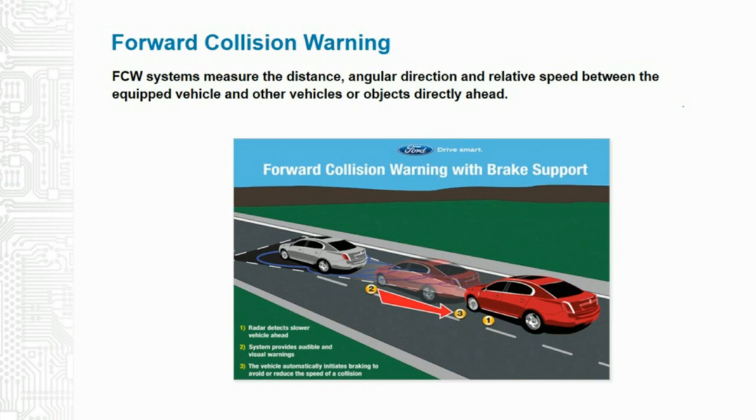Forward collision warning. Again, a distance is being measured of the car that's in front of you. And it will notify the driver in case the system senses that a forward collision with any other vehicle or object in a roadway is imminent. When the distance becomes so short that a crash is imminent, a signal alerts the driver so that the driver can apply the brakes to take evasive action, such as steering, to prevent a potential crash. Some forward collision warning systems are integrated with the adaptive cruise control system that I just mentioned to slow down the vehicle when another vehicle is detected.